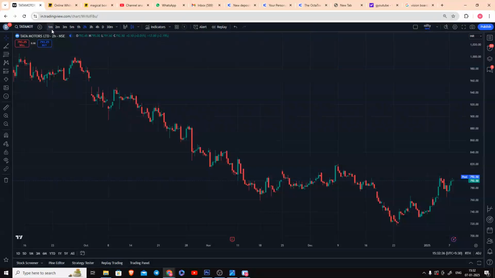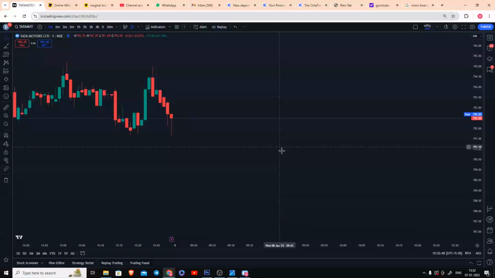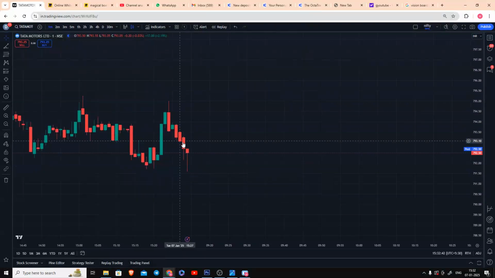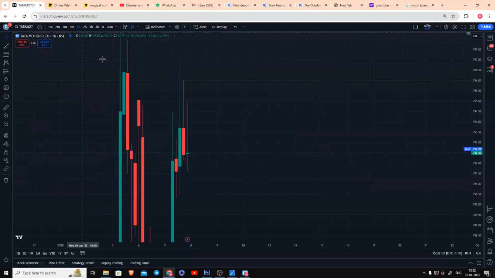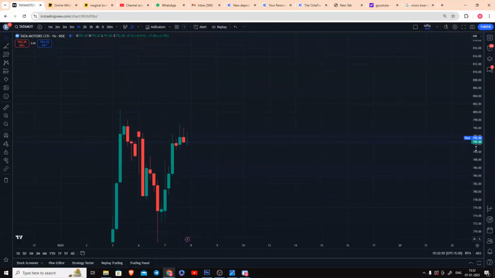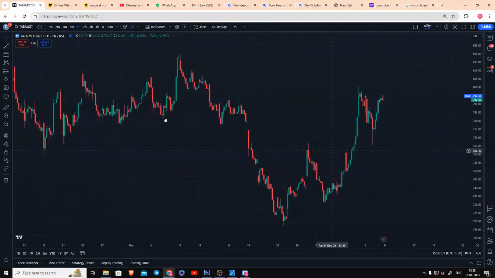So here on time frames, 1 minute means this one candle is completed in 1 minute. If you choose 2 minutes, this candle took 2 minutes to complete. Similarly 1 hour, so this candle denotes 1 hour momentum of this particular chart.